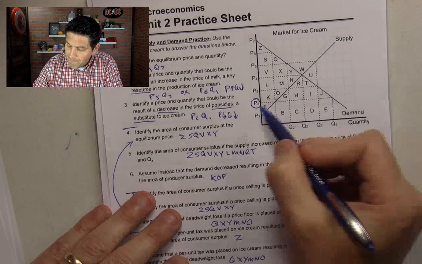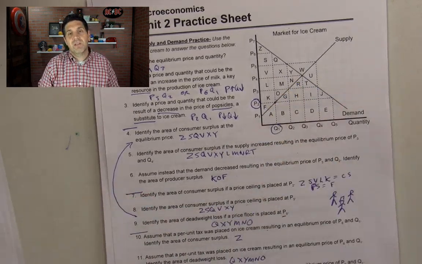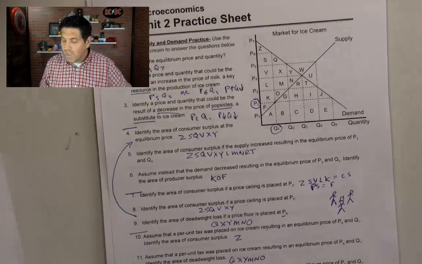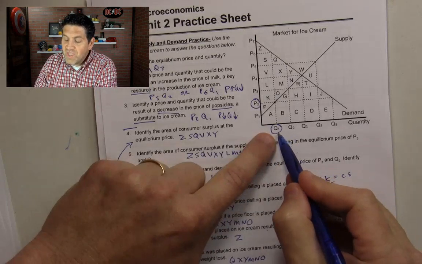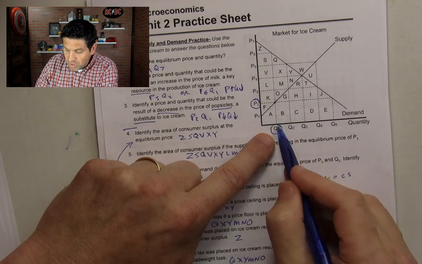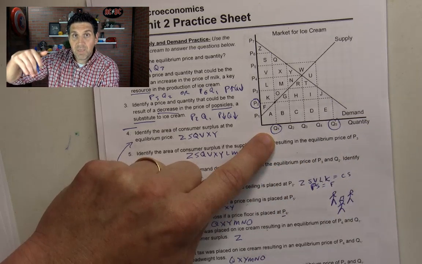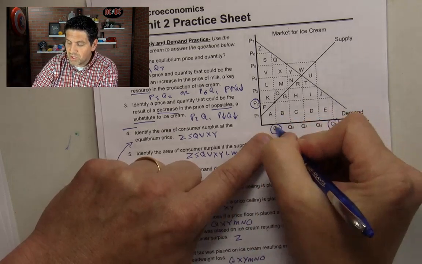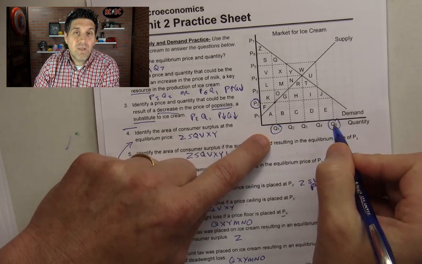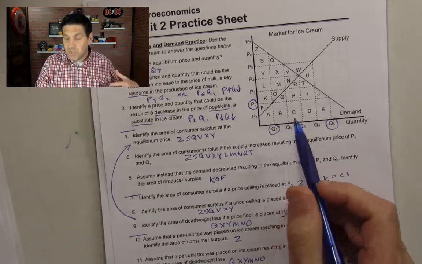Okay, first thing, at P2, we are going to produce Q1. That is true, just like we saw in previous questions, right? And here, we ended up with Q1. Okay, but now it gets weird because this is only the amount we are producing domestically, right? People want Q5 at this price, but domestic producers, people in our country, are only producing Q1. The rest of this that would normally be a shortage is going to be imported. In other words, we're going to go buy Q5 minus Q1 goods from other countries, in this case, ice cream